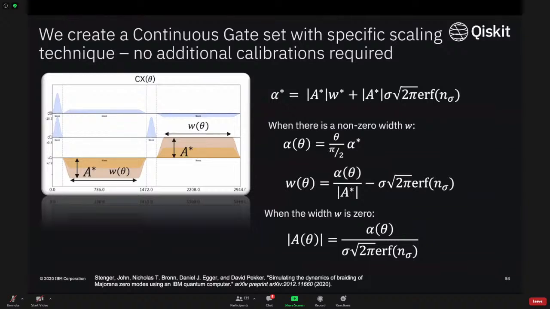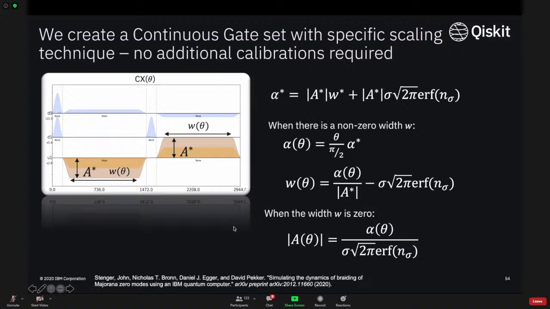Once the width is 0, so once you no longer have any flat top Gaussian, you have two options at this point. You can either begin to sort of tune the rise and fall of these pulses here, or you can begin to tune the amplitude at this point and adjust the amplitude in order to get the desired area under the curve. For the sake of the work here and some of the follow-up work that we've done, we decide to